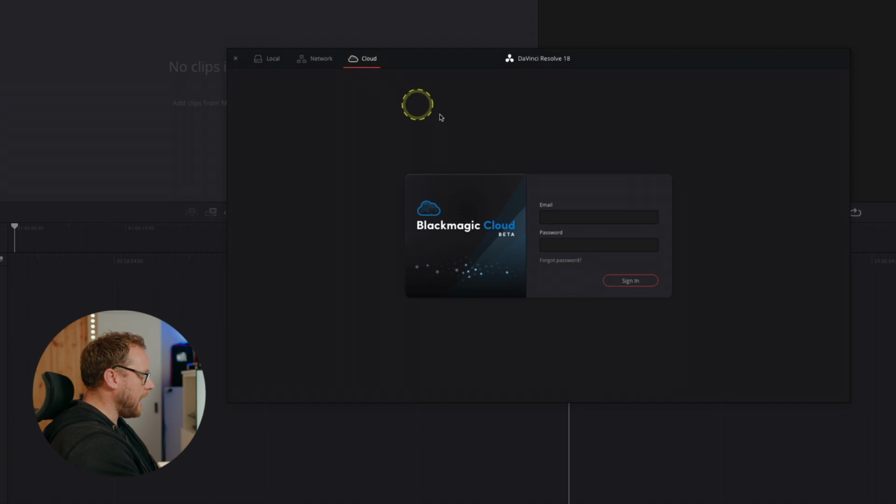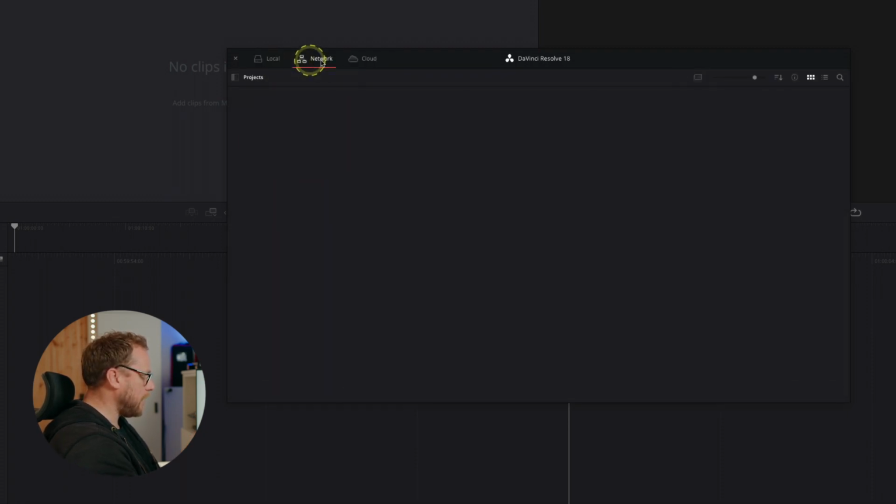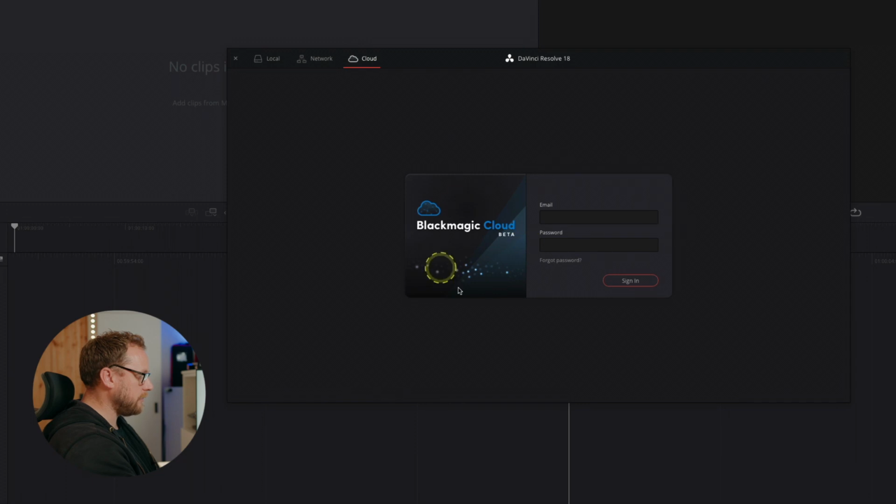Cloud databases, actually, we should actually completely stop that now. It's no longer called a database. It's now called a project library. So we now have local, network and cloud project libraries. And obviously, if you have a Blackmagic Cloud account, which is completely free, you can start creating cloud project libraries which can be shared with all sorts of different people across your team. If you do create a project library in your Blackmagic Cloud account, it will cost you a small